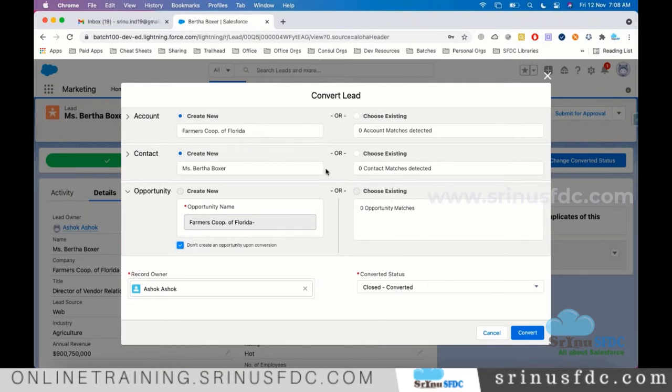We say out of the box feature, right? Out of the box means the standard feature provided by Salesforce. This is a standard screen provided by Salesforce. We have the option to avoid creating the opportunity, but we don't have any option to avoid creating the account.